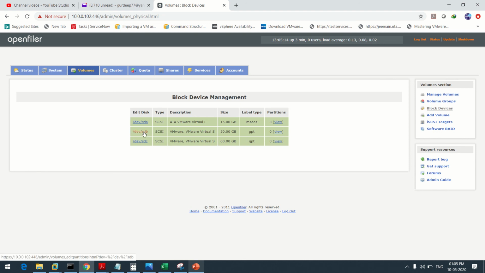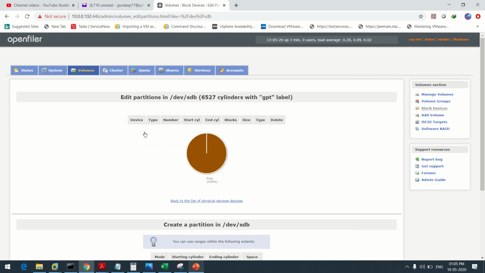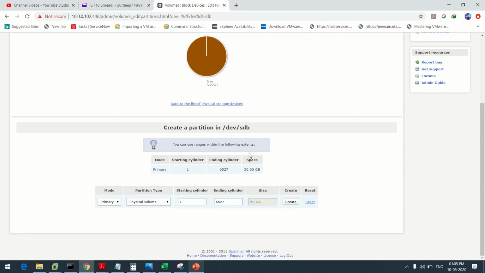So now click on the SDB. Scroll down. Mode is primary, partition type is physical volume, starting cylinder, ending cylinder, 50 GB. Now just click on create.